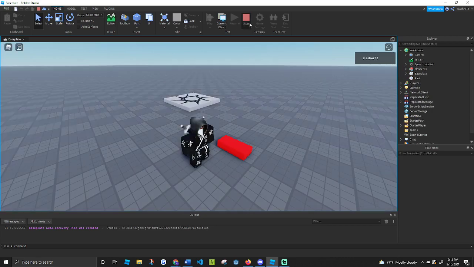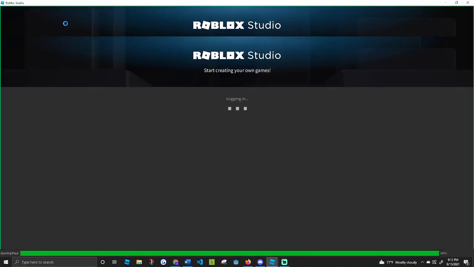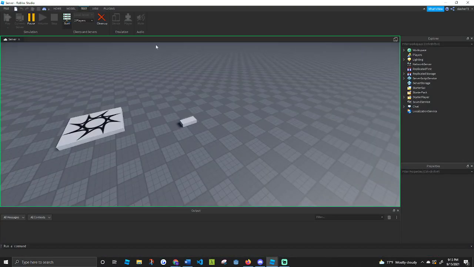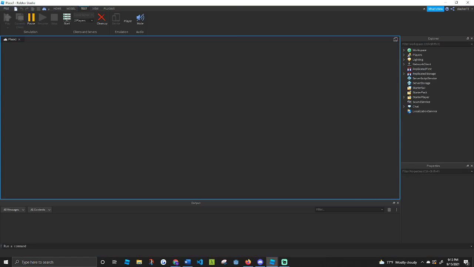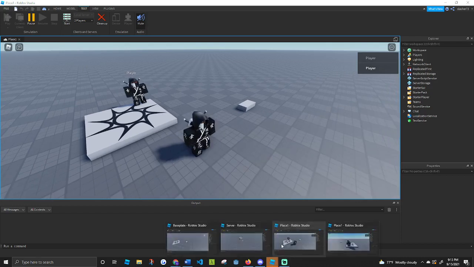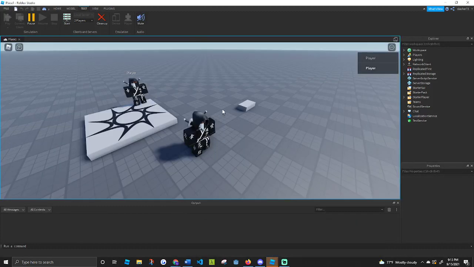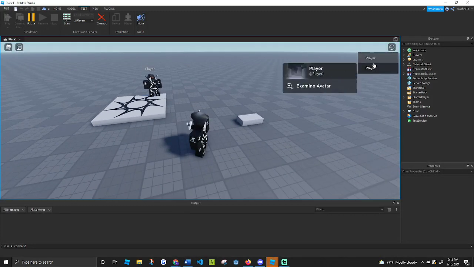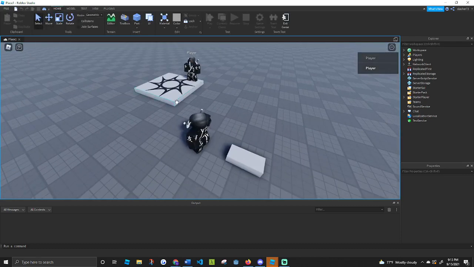And I can also go a step further and start a game with 2 players. So this is going to be my server view, and then this is going to be my client view. So I have two clients, and then this server. This is player 2, I think. Yeah, or no, that's player 1. That's player 2. So player 1 is going to change the color of this part